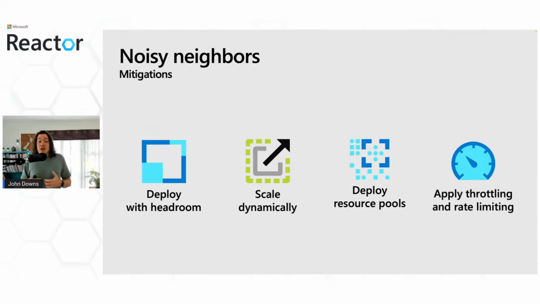Or we can deploy multiple pools of resources and then ensure that each of the tenants that share that pool have distinct workload patterns. So they're not going to overlap and cause these issues. And then we can also make changes to our application as well. So we can perform throttling to enforce limits on each tenant, and we can use things like Azure API Management, for example, or even application code to apply throttling and quotas and rate limits and those kinds of things.